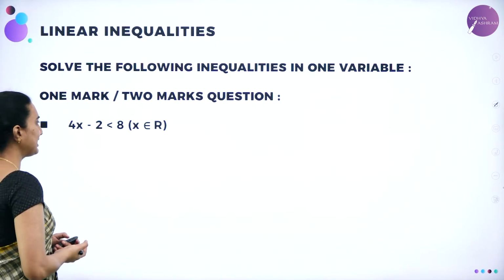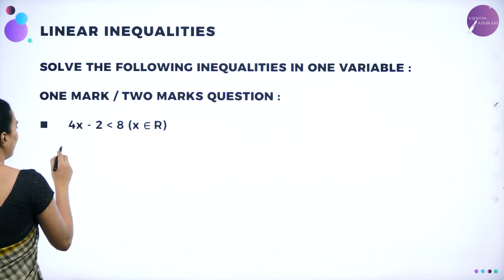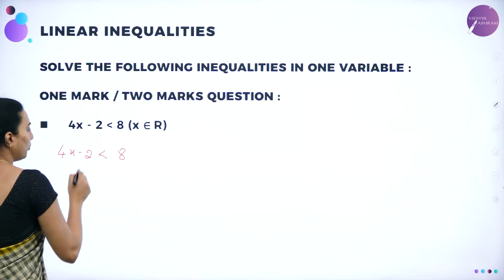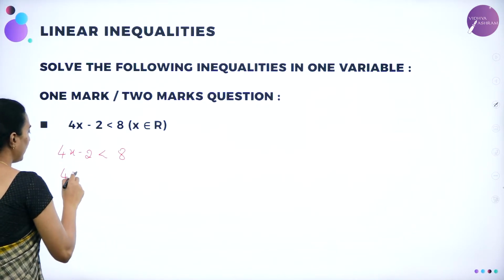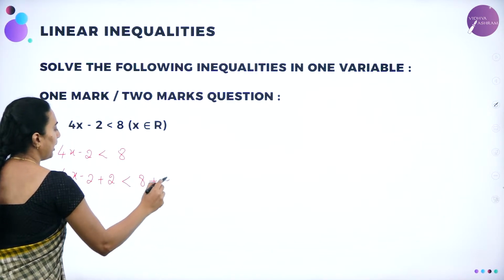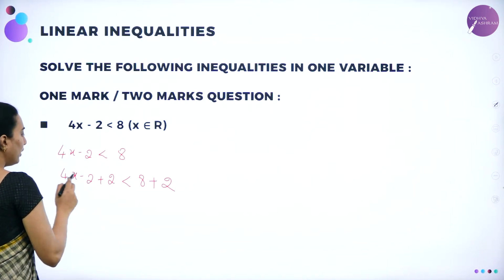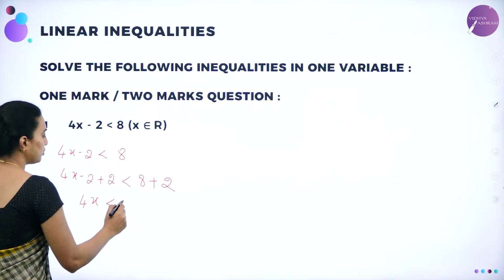4x minus 2 is lesser than 8, x belongs to R, they have given. Now here, 4x minus 2, let me write, is lesser than 8. I do not want minus 2, so I need to add plus 2 on both the sides. So 4x minus 2 plus 2 is lesser than 8 plus 2. I am adding a positive integer, so the inequality remains as it is. Now 4x minus 2 plus 2 will go, remaining is 4x is lesser than 8 plus 2, which is nothing but